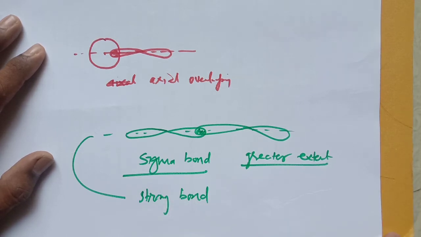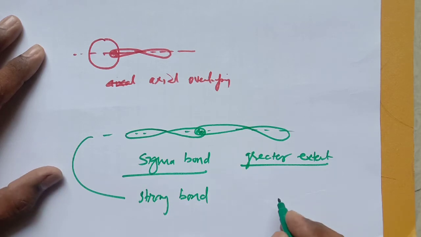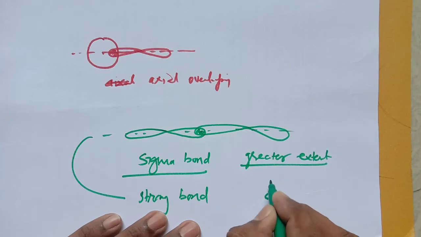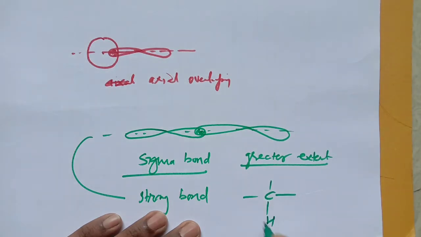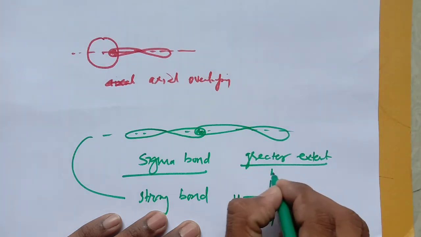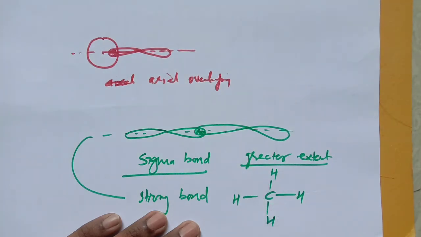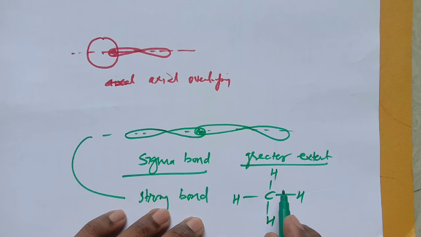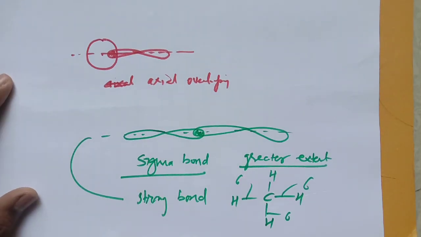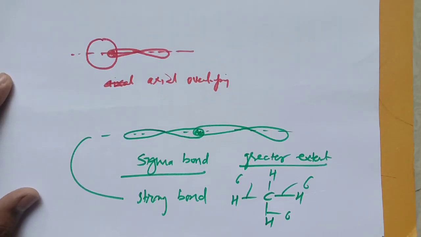Now where is the sigma bond present? In such compounds where only a single covalent bond is present. Always a single covalent bond is nothing but it is called a sigma bond. If we consider the example of the saturated hydrocarbon methane, CH4, 1 carbon and 4 hydrogen, these are 4 bonds, and as these are single bonds, these are called sigma bonds, because they are formed by the axial overlapping of atomic orbitals. Hence, this is all about the sigma bond.